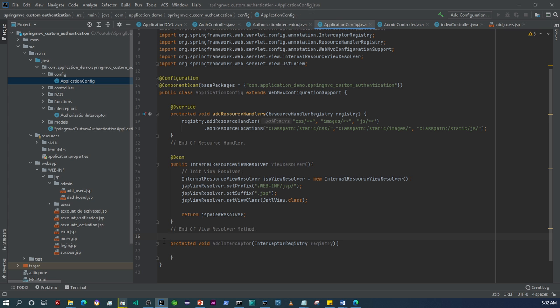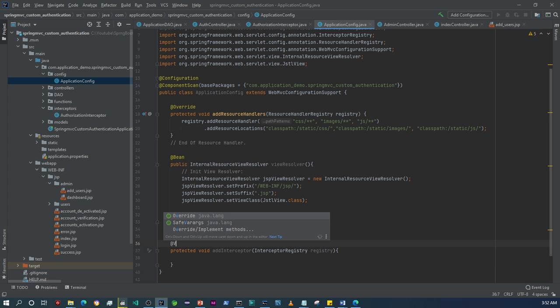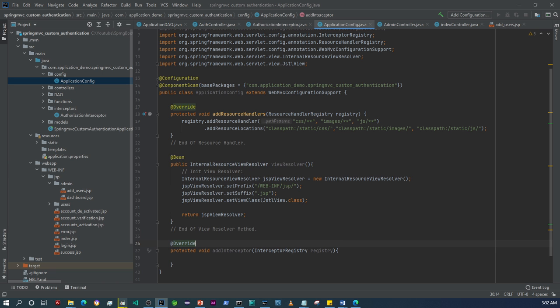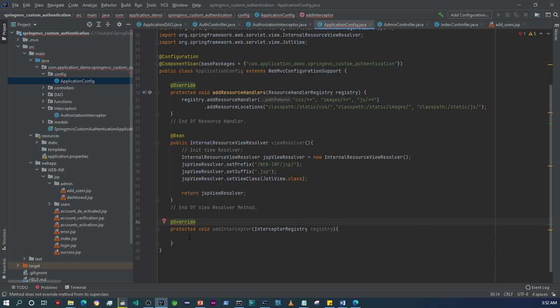Then we have to annotate this as override. All right, now with this being done,